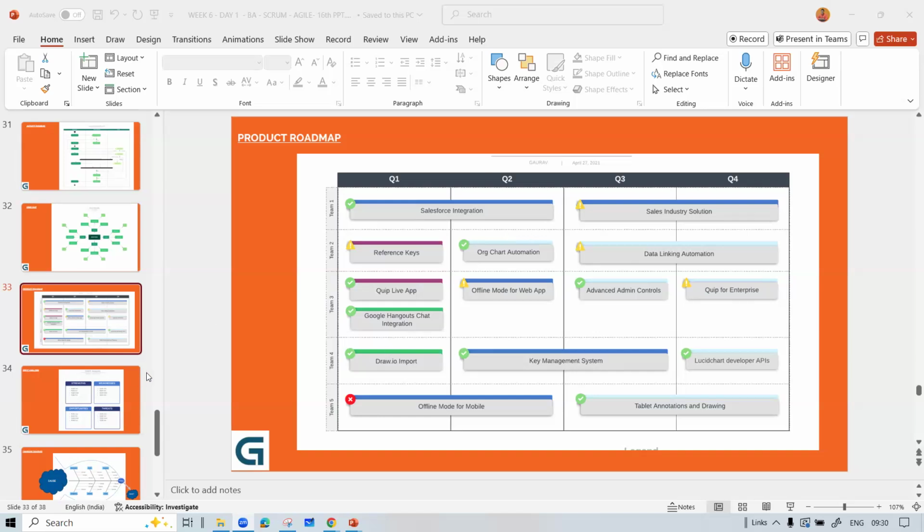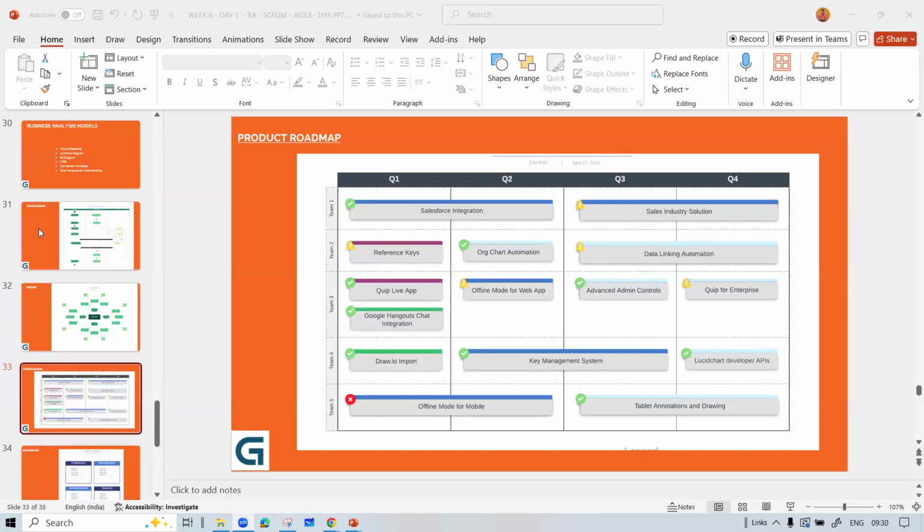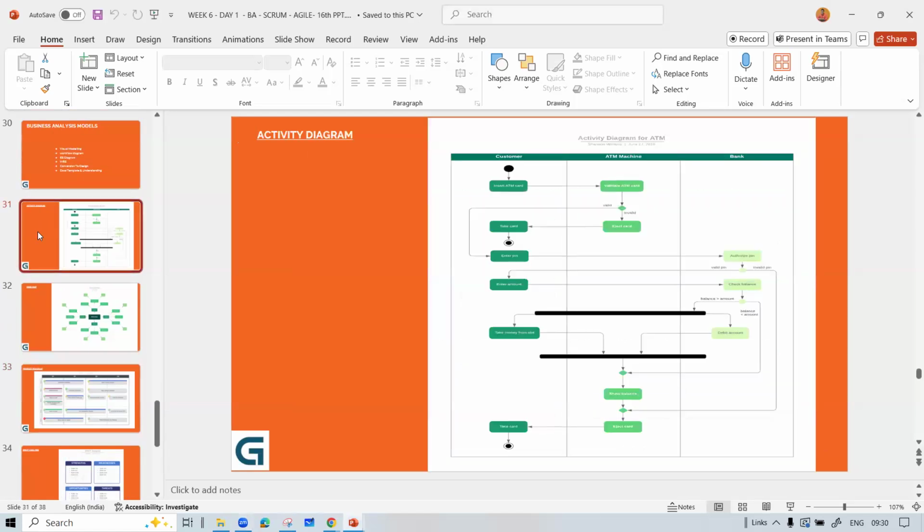So, since we have reached till here, one quick thing I wanted you all to do as a said assignment. We keep on talking about said assignment and unsaid assignment, right? Although no unsaid assignment has been received by you, I would be asking you to go back to the very first activity diagram, or process flow diagram. What Prerna had conducted for you was representing what activity? ATM cash withdrawal, right?